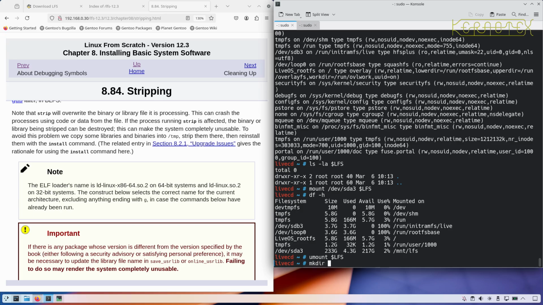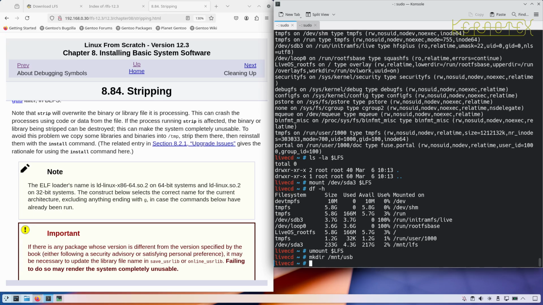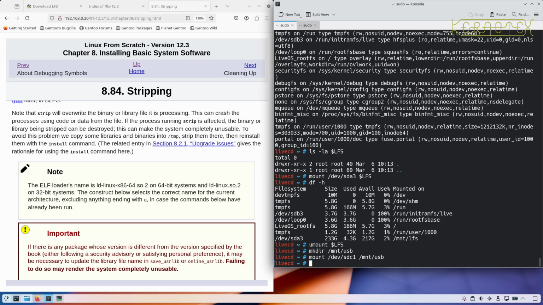I need to make a location for the external drive, so I'm going to mount the external drive, sdc1, at /mnt/usb, and I'm going to use dd to take its data from /dev/sda, which is the hard disk on the laptop. I'm going to use a block size of 64K, and I'm going to show the progress of the copying,